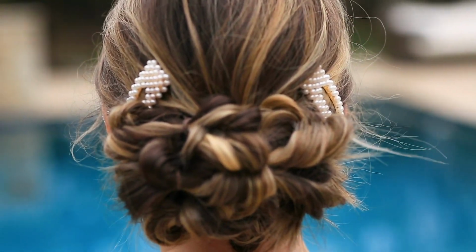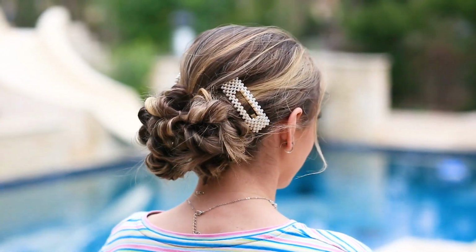I think it's cute. The second Valentine's hairstyle we're going to show you today is called the flipped ponytail updo. This one is amazing if you're a little bit older and you're going to go out with your girlfriends, or you want a romantic dinner with your husband and you want a nice, fancier updo to wear out for Valentine's